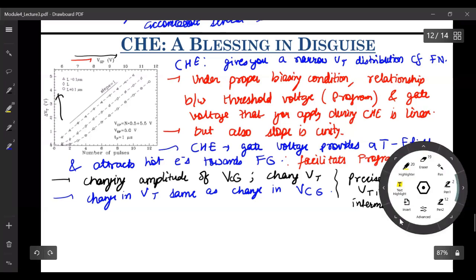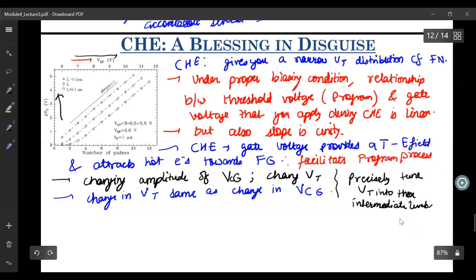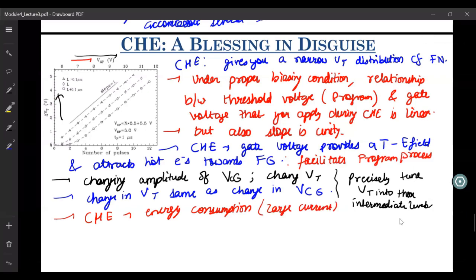So many people were asking me this question on WhatsApp, that CHE is bad. CHE leads to a lot of energy consumption because it leads to a large current flow, right? Large current. But still, why do people use it for NOR? Or why is it even used then? The only reason is, since you have a narrow VT distribution,